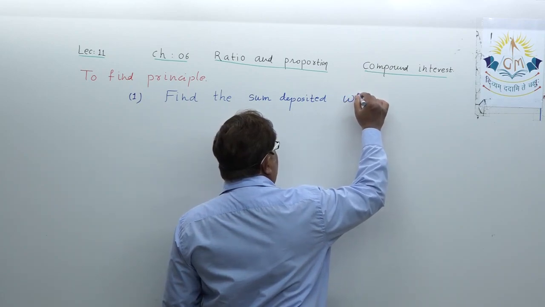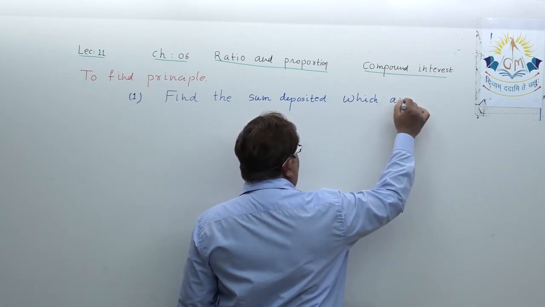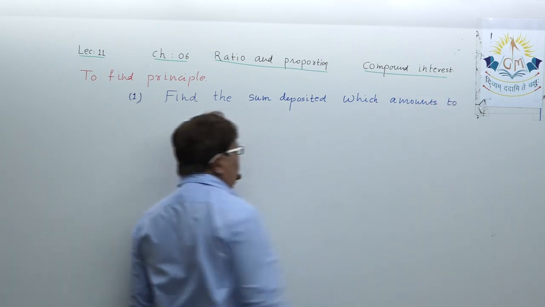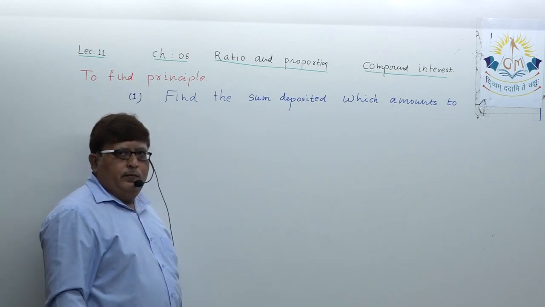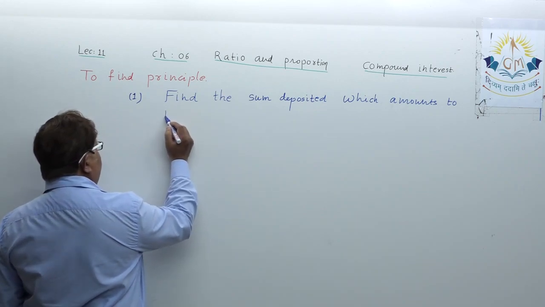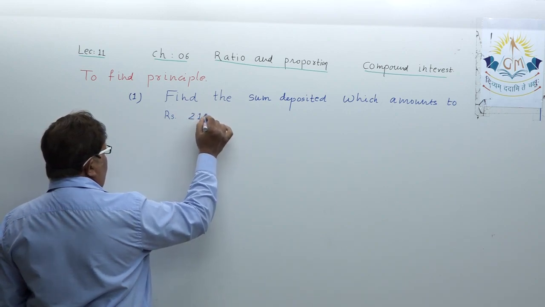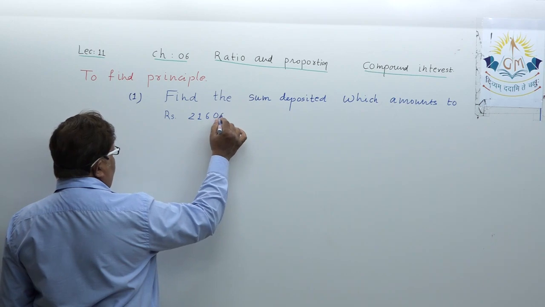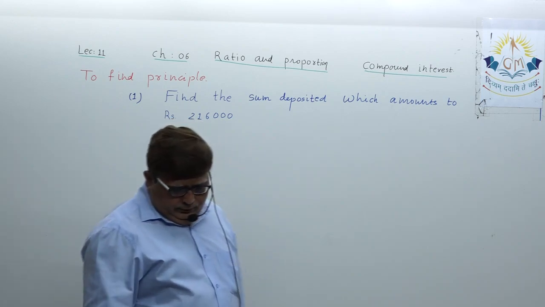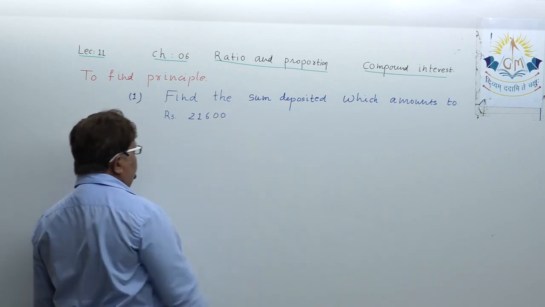Which, you need to understand the question, which amounts to, find the sum deposited which amounts to rupees 216,000. 2 lakh, okay, 216,000, okay,